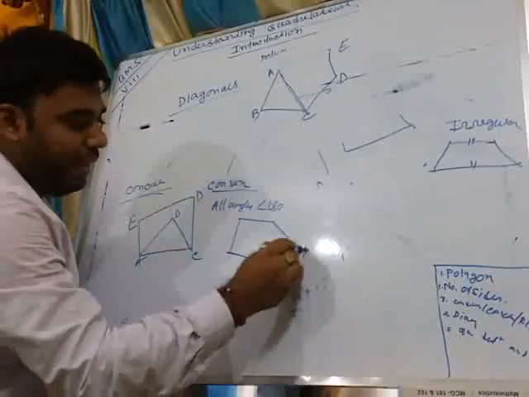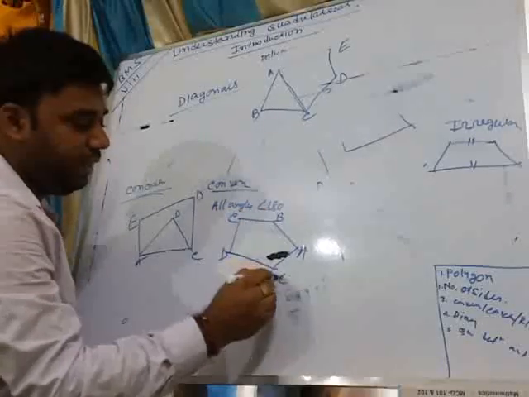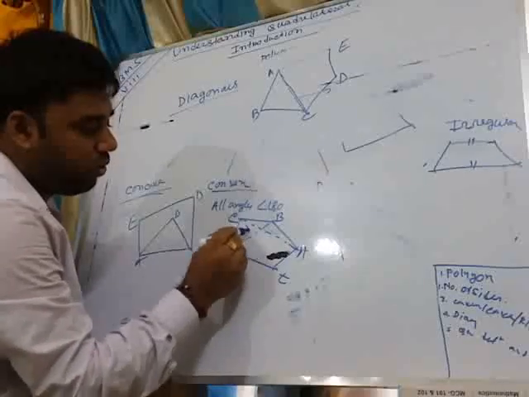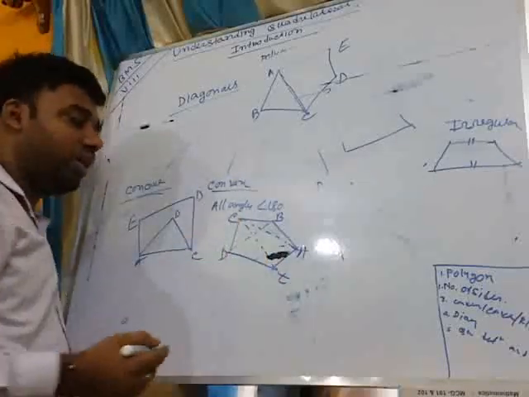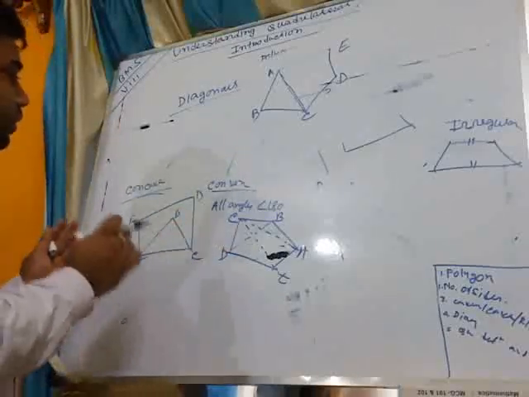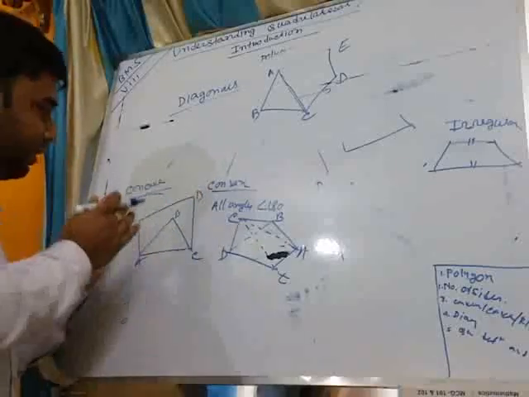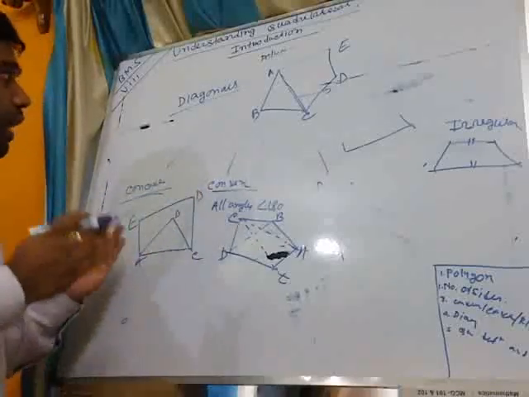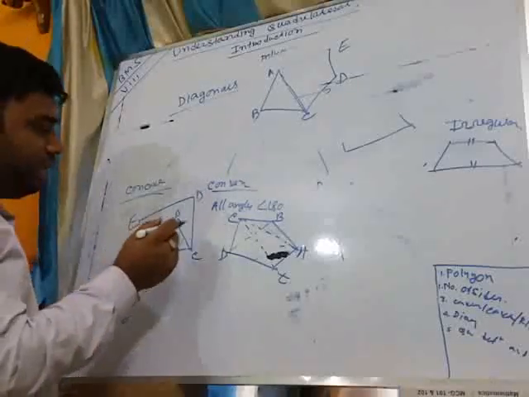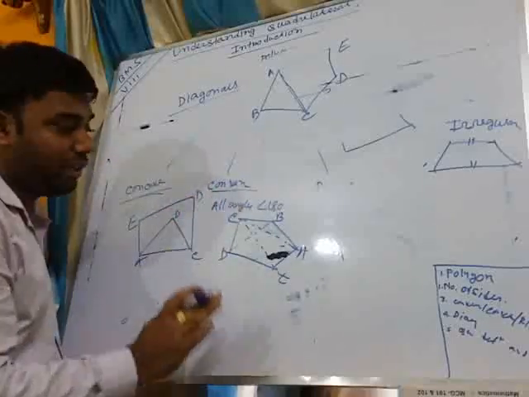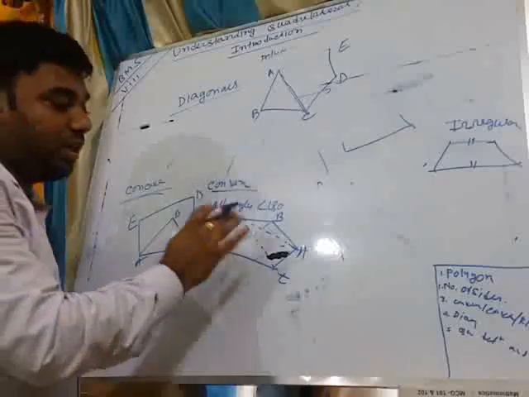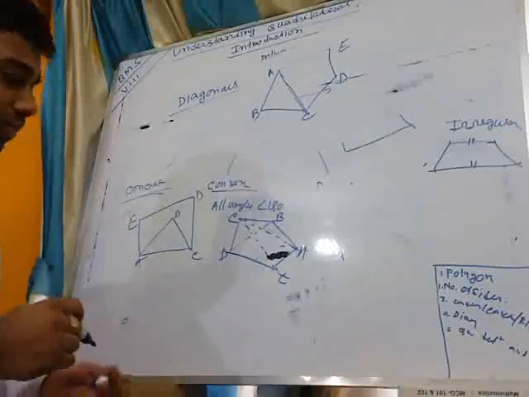A, B, C, D, E. These are the diagonals. Okay, all diagonals lie inside the polygon. That is the difference between concave and convex. In case of a concave polygon, some diagonals may lie outside, some may be inside, but in case of convex, all the diagonals should lie inside the polygon. Okay, now